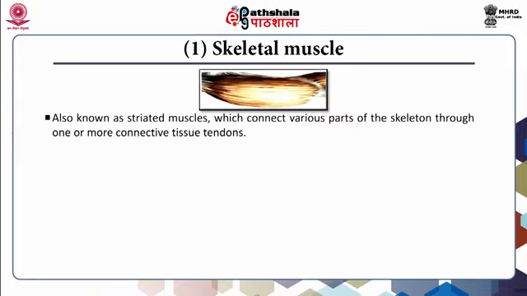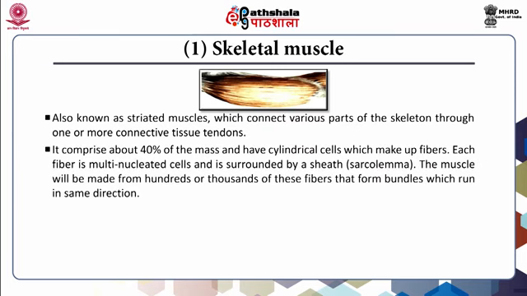Skeletal muscle, also known as striated muscle, connects various parts of the skeleton through one or more connective tissue tendons. It comprises about 40% of the body mass and has cylindrical cells which make up fibers. Each fiber is a multinucleated cell and is surrounded by a sheath. The muscle is made from hundreds and thousands of these fibers that form bundles which run in the same